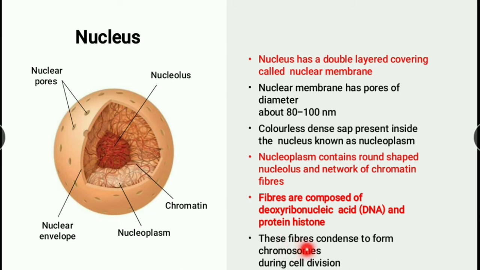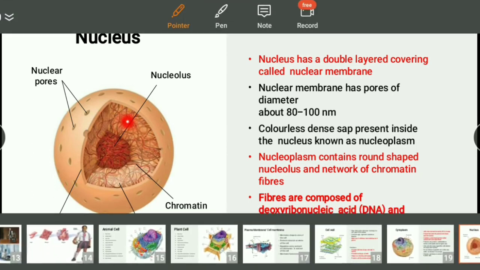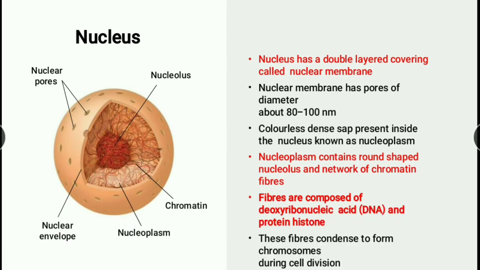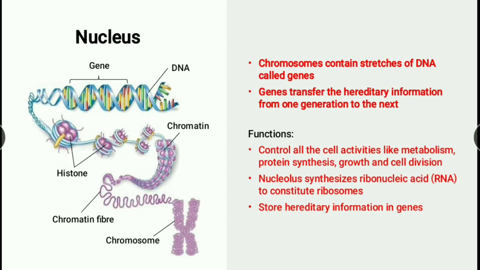These fibers form chromosomes. These fibers are something like thread. When the cell divides, it forms a different shape and it is called chromosomes. Don't worry if you don't understand, but you have to understand all these basic things that I am telling. If I am not explaining something, don't worry, because you will have this chapter in 9th standard. If you have any doubt, you can ask questions in the doubt clearing class.